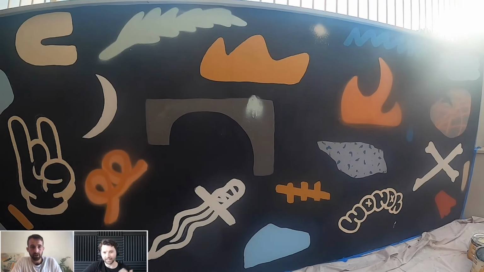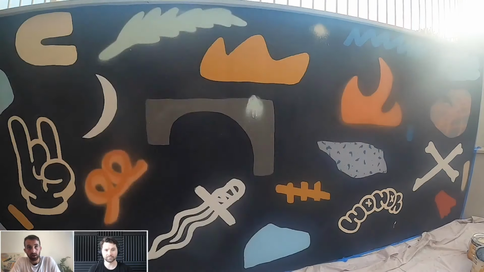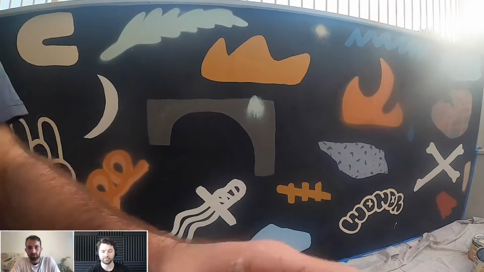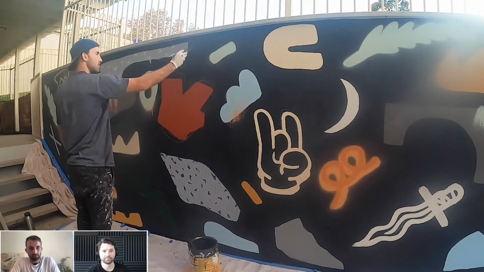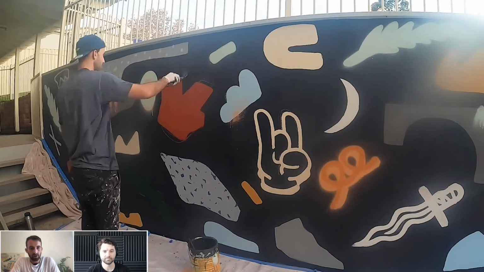Like, how long does it take before you can start cutting back? Again, this is a good question, because the weather does sort of come into this aspect of things. Normally, if it's a great sunny day like today, the paint will pretty much dry within 45 minutes to an hour. But if it's really cold and the weather is really droopy, like I've had times where I've